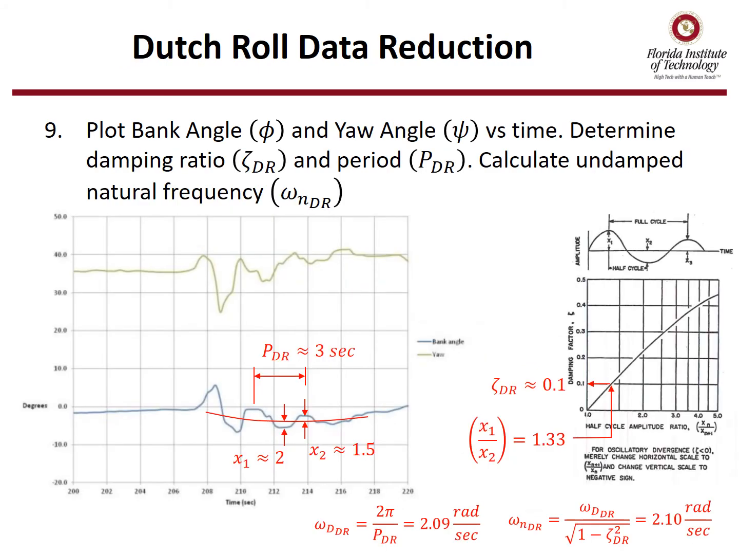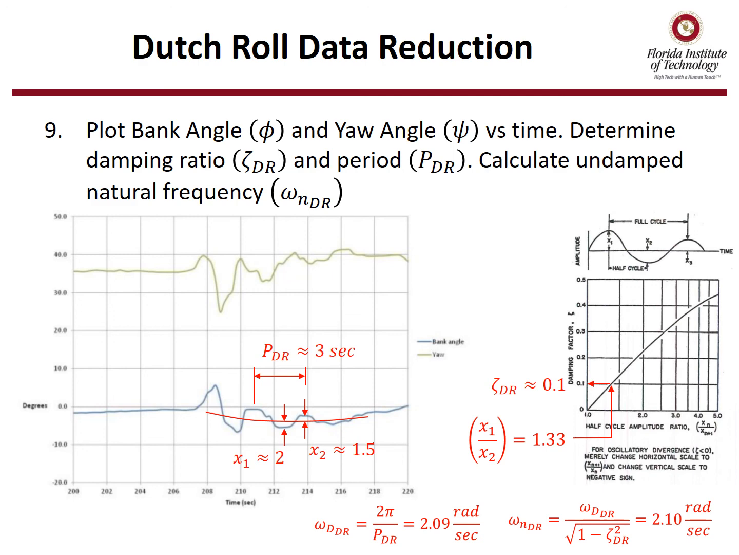For Dutch roll data reduction, plot bank angle and/or yaw angle versus time and determine the damping ratio and the period of the Dutch roll. Then calculate the undamped natural frequency. As you can see for this example on the bank angle trace, there's a period of about 3 seconds, and then using the